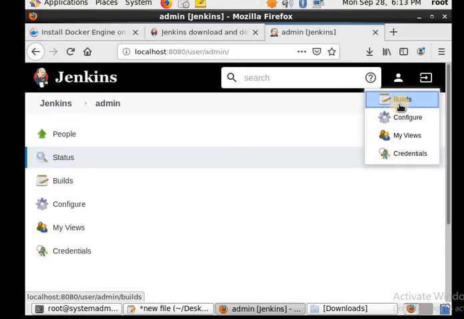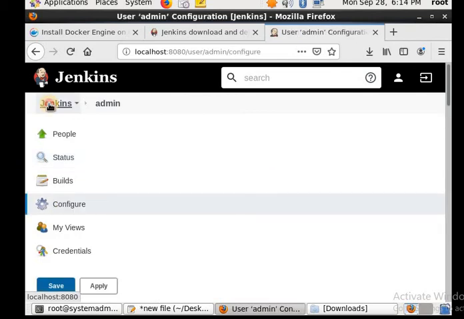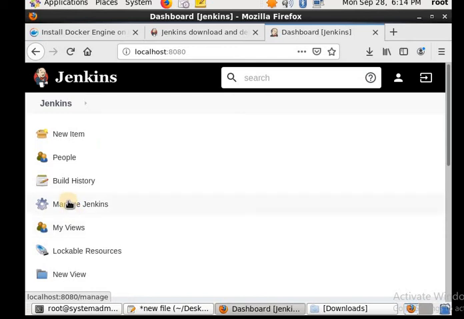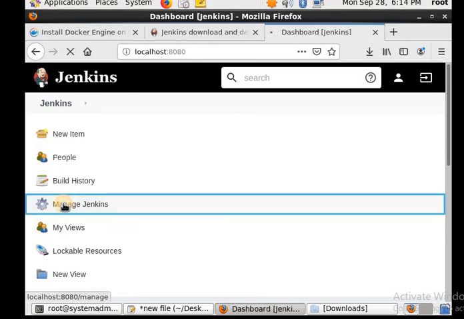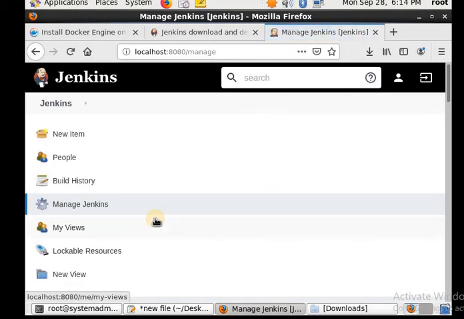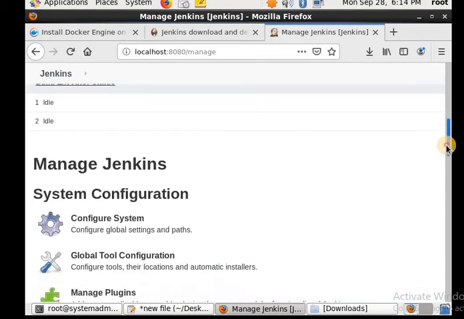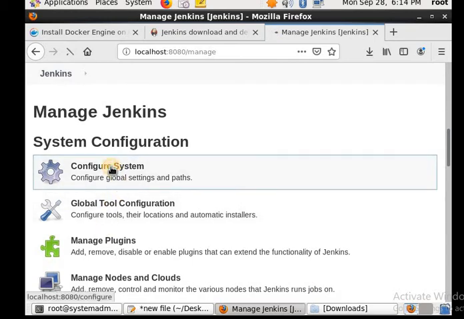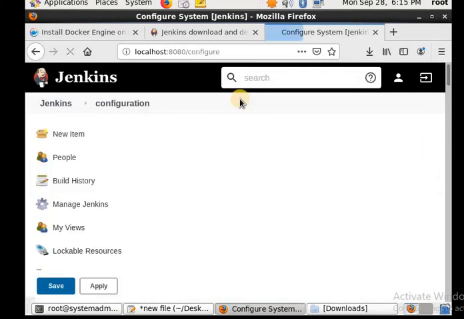So we'll see what the home directory of this Jenkins is. Here you have to go to Manage Jenkins, and inside Manage Jenkins you will get a configure option. You see, below we are getting Configure System. Once we click on Configure System, we'll find the home directory and everything.